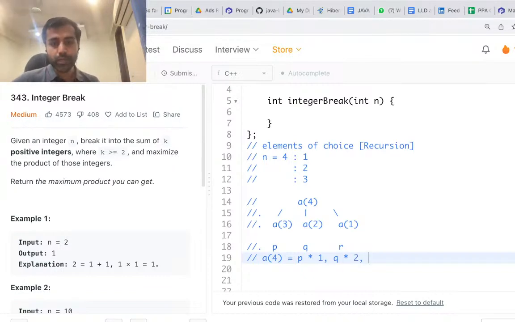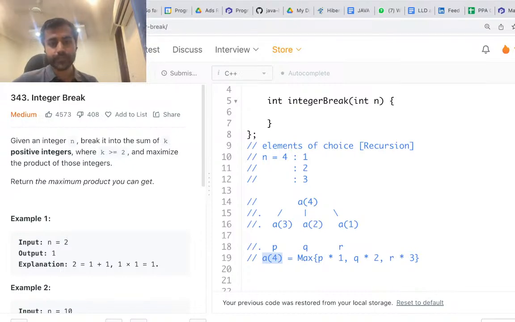Similarly, in this particular branch, the number that I had chosen as my first number was 3, and let's say the maximum possible value that I am going to get from here is R, then the answer will be R into 3. Now, whatever is the max of all these 3 items, that is going to be the value of